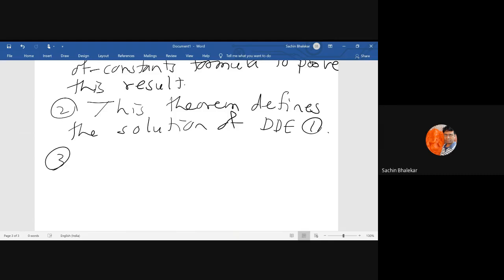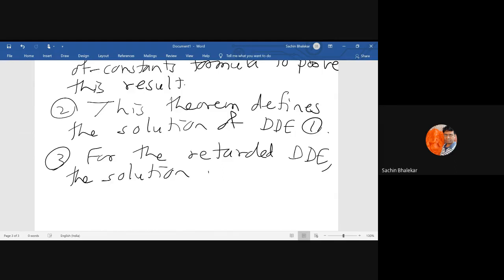Third thing, for the retarded delay differential equation, that means the equation which we studied in the previous section, the solution is always C1 for t greater than or equal to 0. Okay,